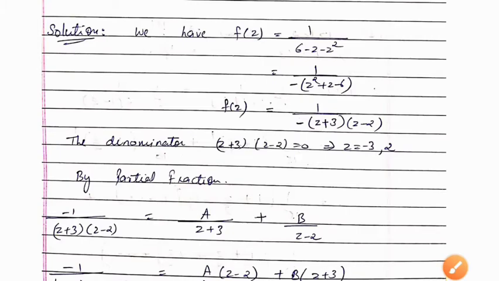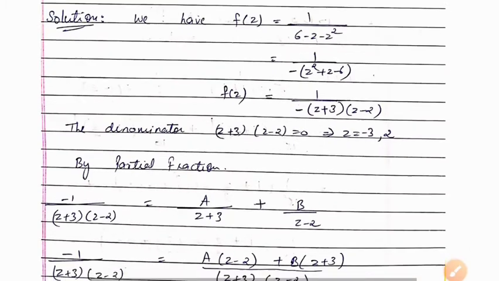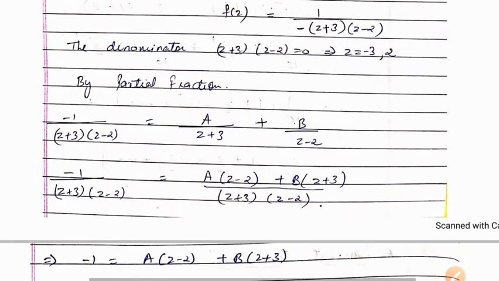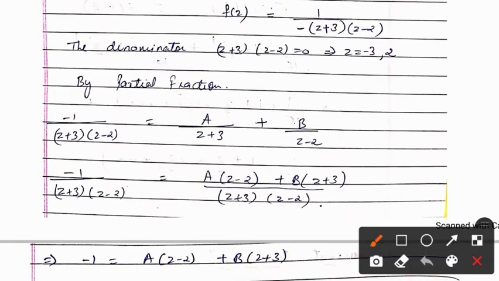So now we are seeing from the denominator portion that we are getting the singular points from the denominator. See, here we are having z plus 3. So z equal to minus 3 will be one of your singular points. Again, z minus 2. So z equal to plus 2 will be your singular point. Now f of z, we have to convert it into plus or minus sign, right? So we will use partial fractions.